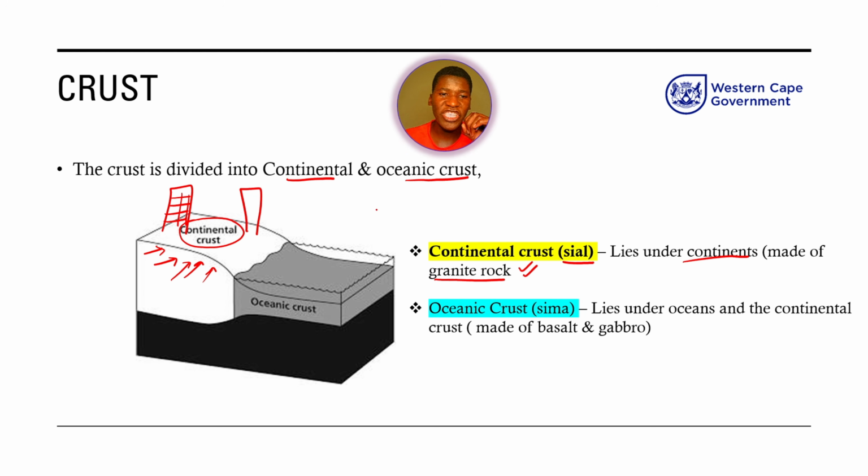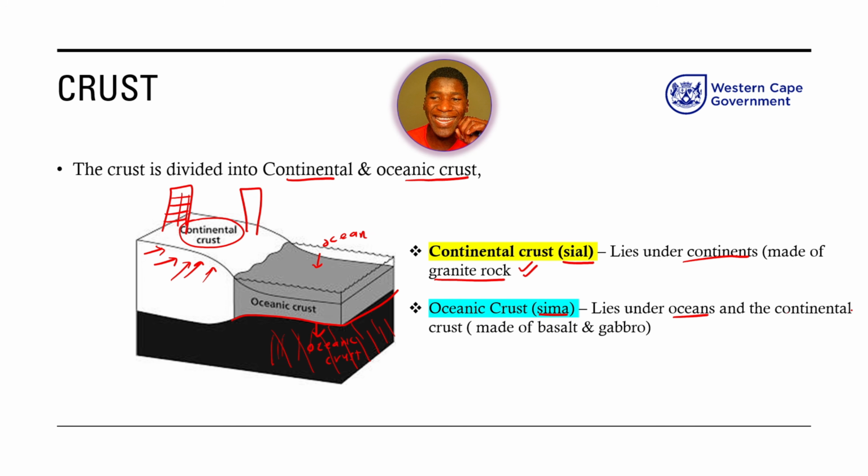And then we have an oceanic crust. So here is an ocean. Maybe this is a beautiful Atlantic Ocean there by Cape Town. And then here, the layer of rock under an ocean, that is the oceanic crust. You see this layer of rock under the ocean. This is an oceanic crust. So when we are talking about an oceanic crust, we're basically referring to this layer of rock that we find under oceans. So it is otherwise known as a seamer. So continental crust, CL. Oceanic crust, seamer. CL, seamer. So basically an oceanic crust is known as a seamer, and it lies under oceans.